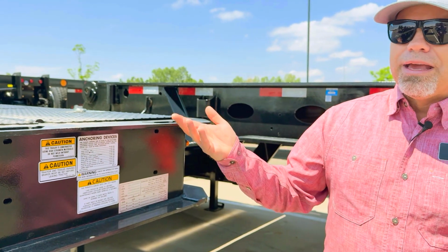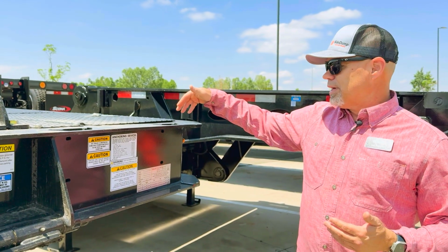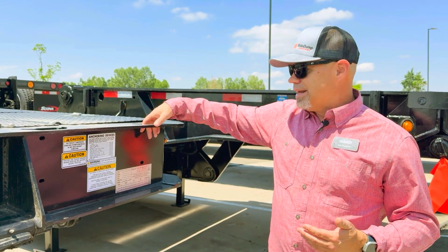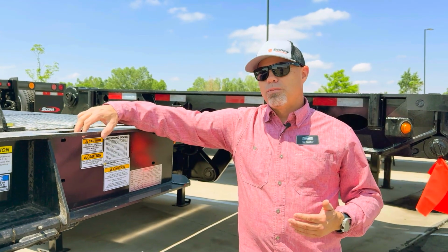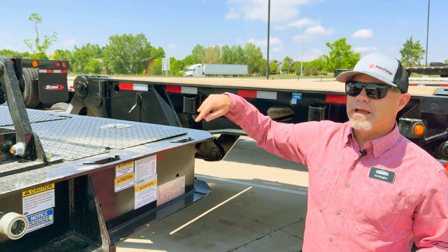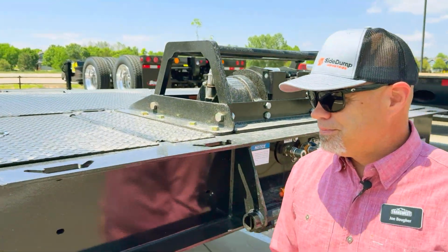And I wanted to show the anchoring points on a Trail King. And they're everywhere on this particular trailer. It's from the top of the trailer right here. You can see the anchor points right here. These are the key slots. And they're all around the upper deck of this trailer. As we walk over to the side,